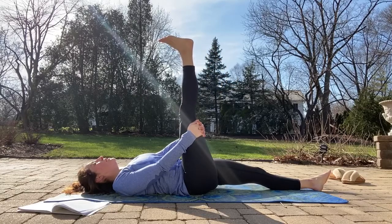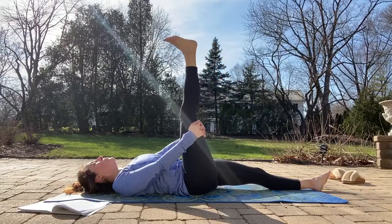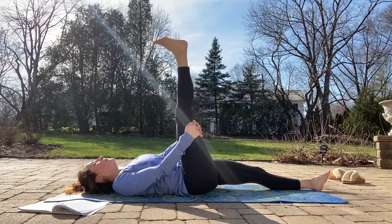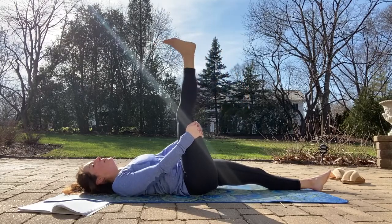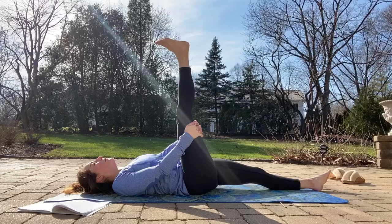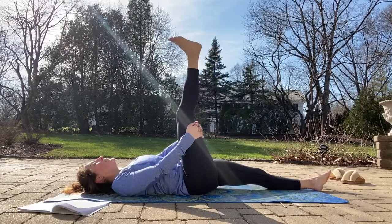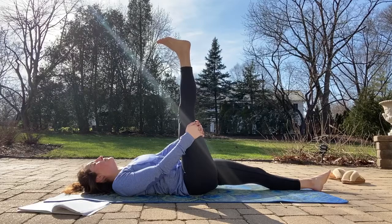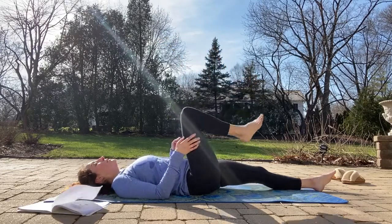This is 3 and 4. Again, you may notice this side is easier or harder. We're going to do one more time. And you are going to